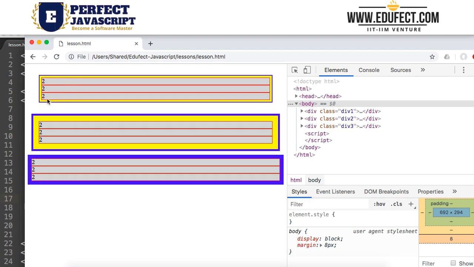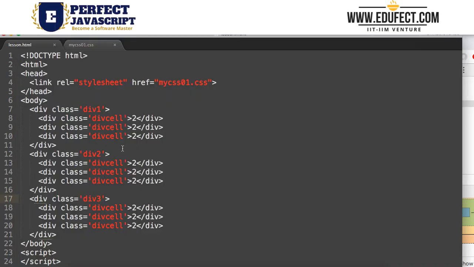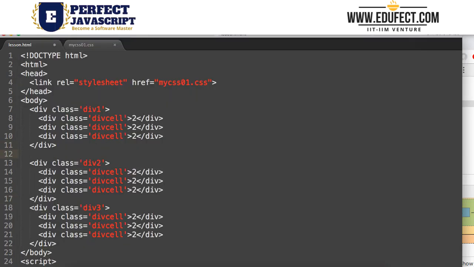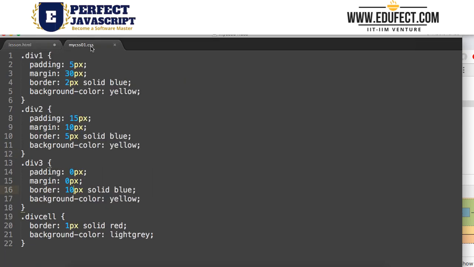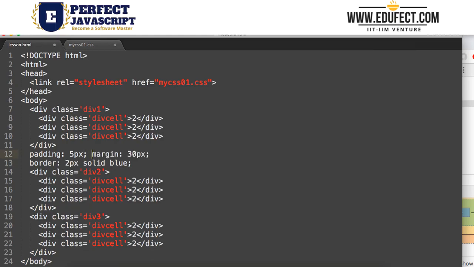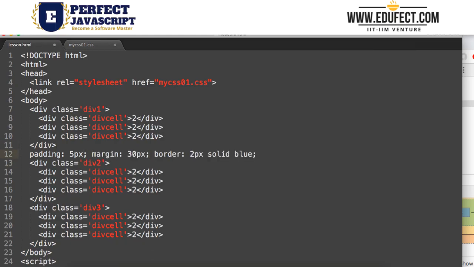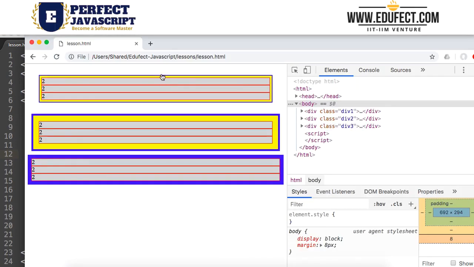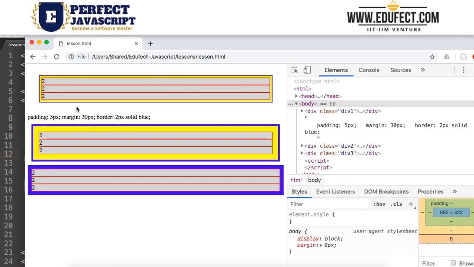So we have this one as div1. Let us write below this if we want to. So this one was margin, padding and border. So this was the margin, padding and border that we saw here.